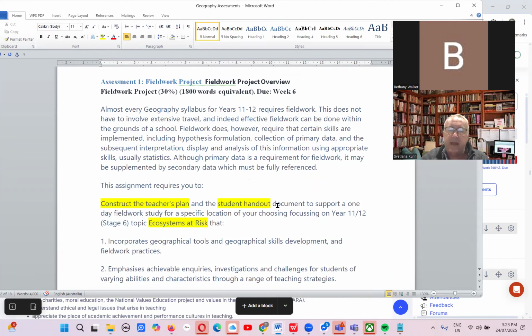Looking now more deeply at the assignments, 3 assignments have been set. And the first assignment requires you to do a field work project. So prepare a field work activity that might last up to a day for your class. And you don't have to go out into the wider world. You could do this on the school grounds, and you could look at something such as